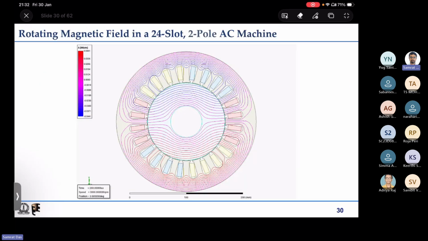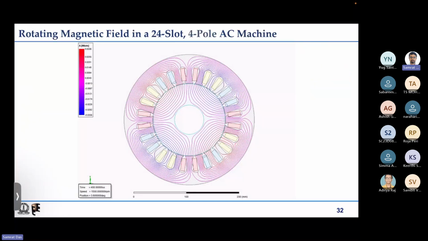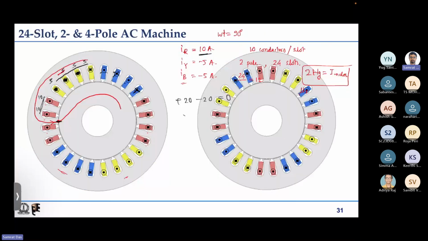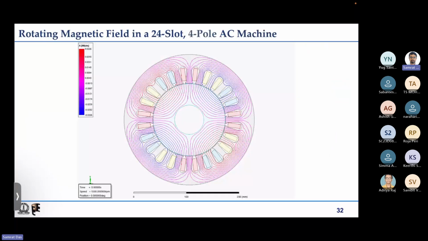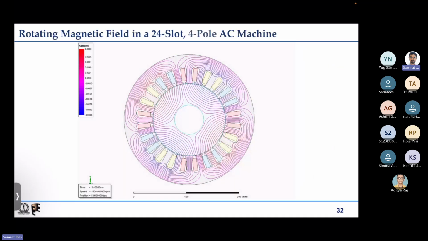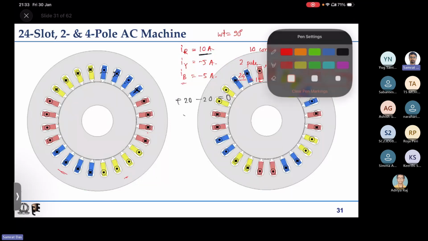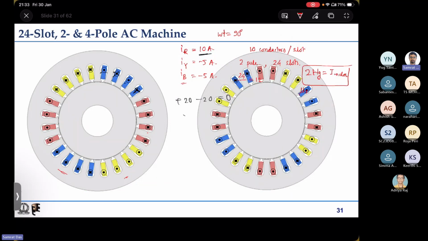So we'll have to move this loop. So we'll have to move the loop. Earlier we started the loop from here. Then if I go to the next slot and continue this,